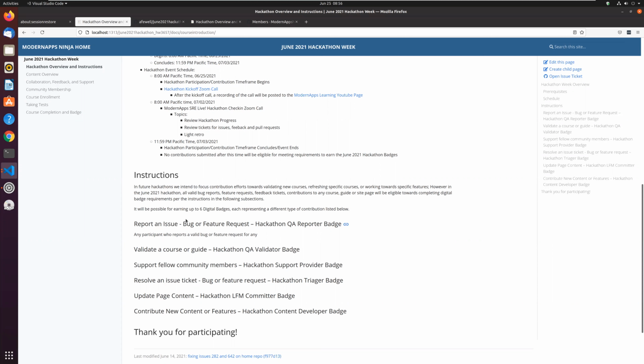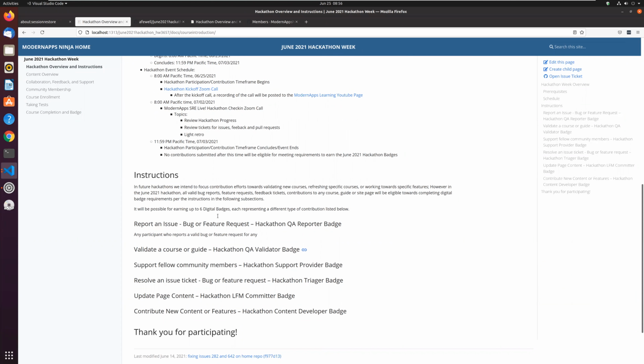Now, one thing I'll explain further in the instructions: the difference between a bug and a feature request. A bug is something that you think is a problem, in that if I'm just trying to go through this and finish the course, there's something in here that is really tripping me up. It's not that it could be better, but that it's actually creating a problem for me in understanding this properly. That would be a bug. A feature request would be an issue where I think this could be better. It could be something big, it could be something small.